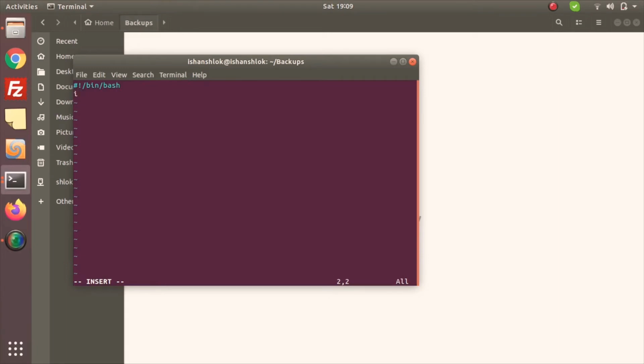Now how am I going to do this is by a tool in Linux which is called inotify. Inotify is basically used to track events in file systems. I have already installed this. You can install it by sudo apt-get install inotify-tools.